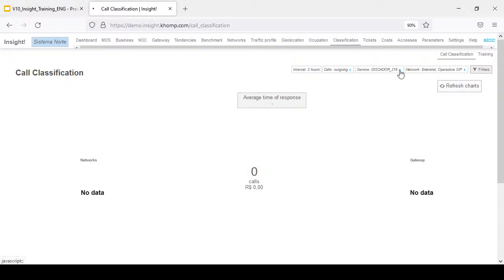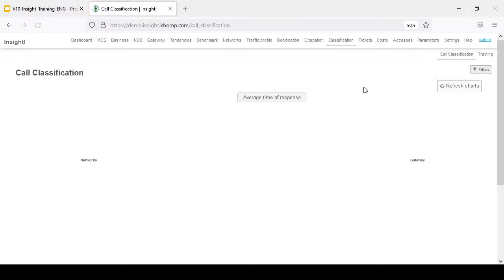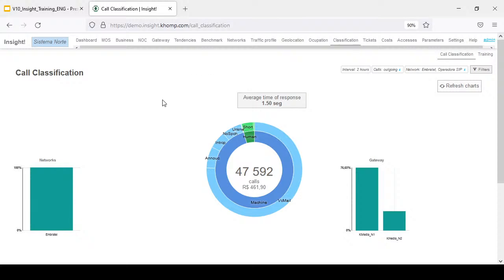This dialer, I'm not doing any classification. I'm going to remove the dialer in order to find some calls. Okay, we found that some other services are using these carriers. The classification here, I can see how many calls were classified as human, show you answer, or as a